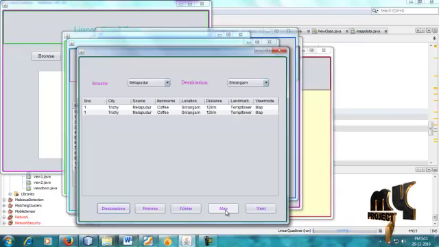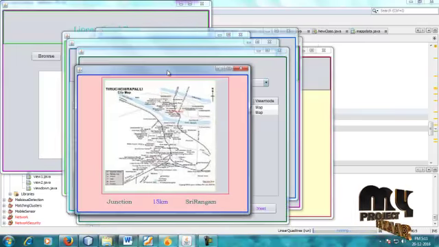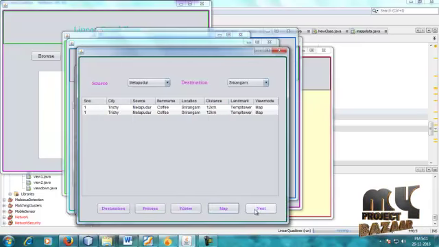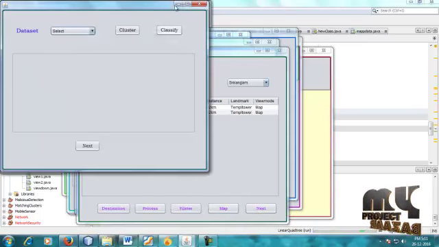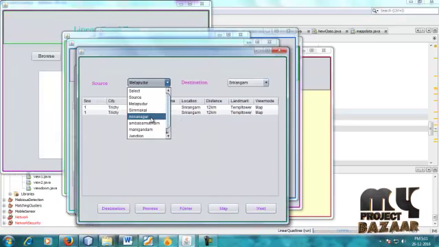So here we will be using the map. View the map. So here this is our map data to be displayed. So the junction to Srirangam is 15 kilometers. So the user is analyzing this information. Okay. Suppose the user is selecting the